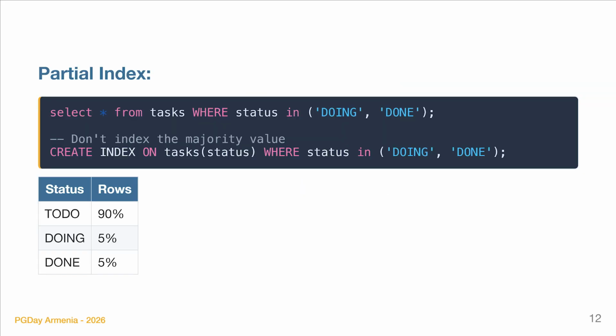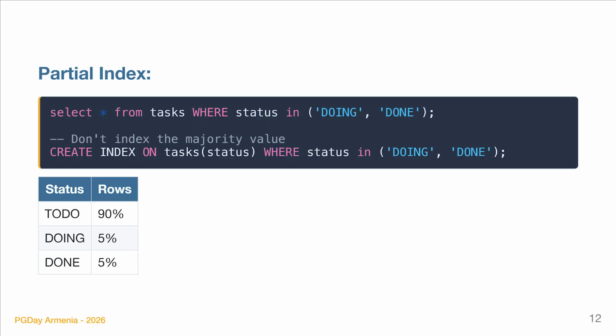The partial index is when we reduce the size by selecting only a subset of the table to be indexed. And we do that by adding a where clause on the index definition. This means that we'll only be indexing rows where the status is doing or done. Notice how the where clause here matches the index definition. And this is good because, for example, on a to-do application, let's say we only care about active tasks,